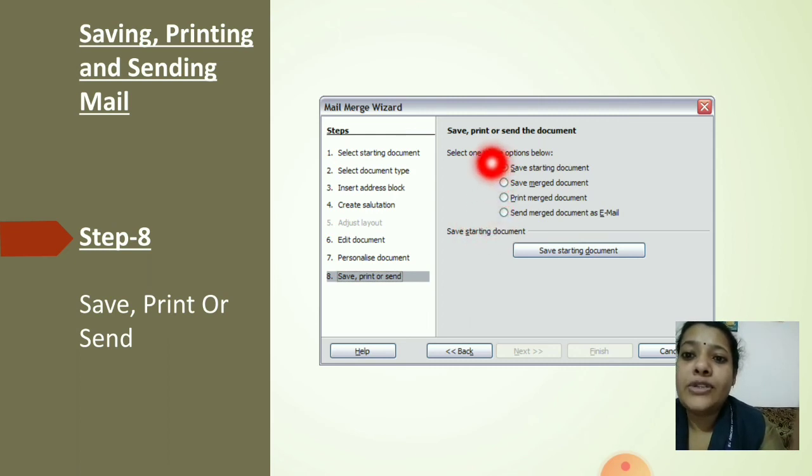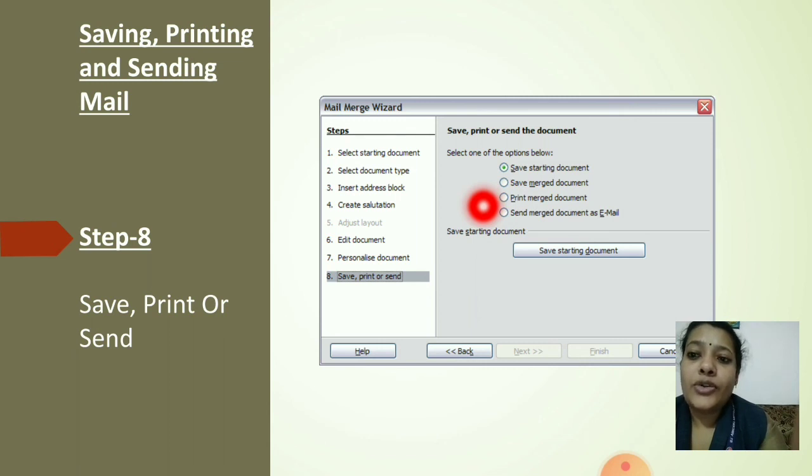If you want to save, first you need to save. Normally whatever work we have done, we need to save it. Otherwise whatever you have done will not be there in the system. Once we have saved, you can take a copy of that data.